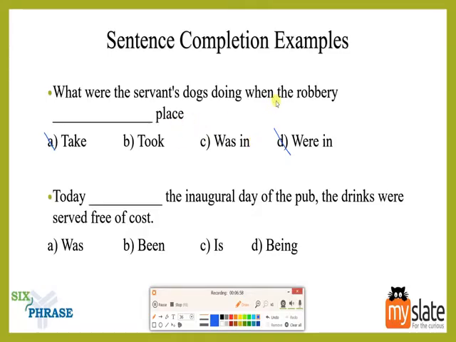So there are two options which can be used. See, if I use when the robbery was in place, I'm talking about a thing which is in a place, something very specific. I know the object and we are talking about this place, but that is not the case. Robbery here is an object in the English sense, but it is actually an act. So it is not an object as they use it in wasn't. Therefore, the answer is robbery took place, right? So we will look at the other question as well.